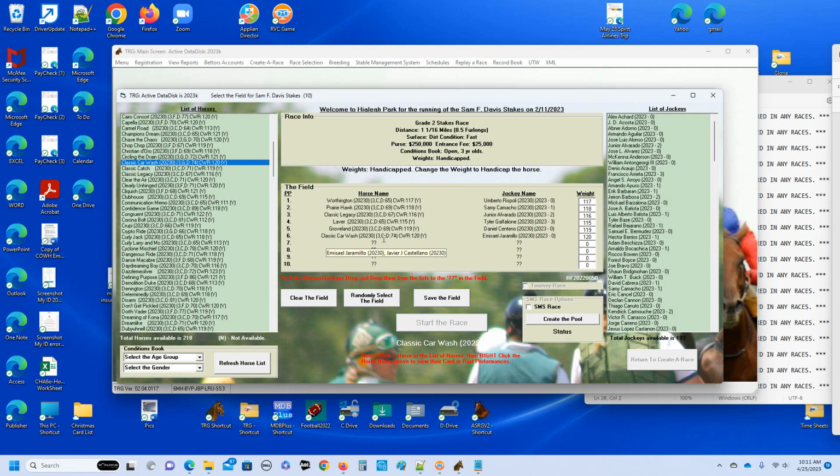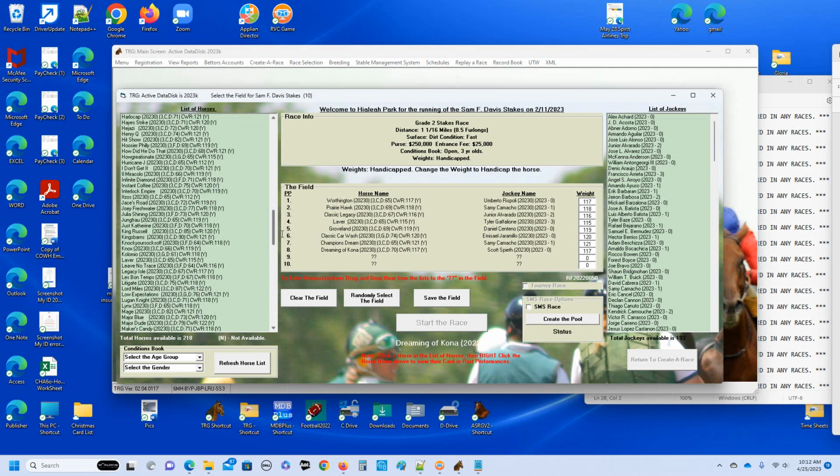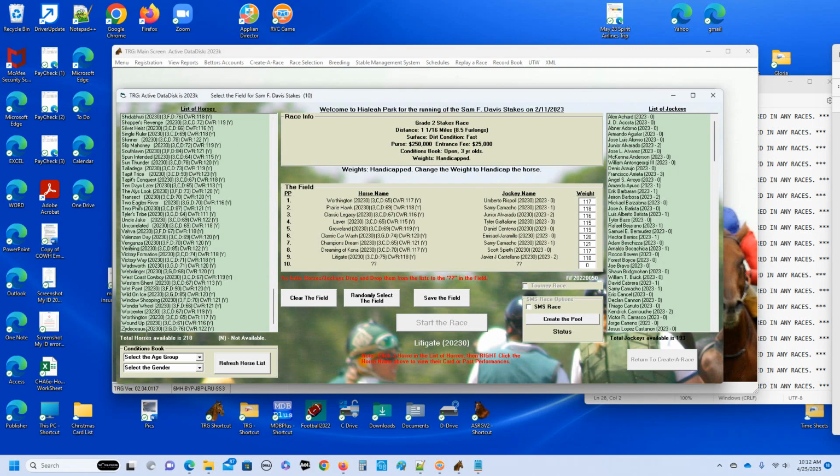Seven is the one that did not qualify for the cut. That was Jubilee, so we'll skip that one and go to the next course, with Champion's Dream, and then Litigate, and the last horse. Okay, now these were the post positions in the original real life race, minus the one horse that